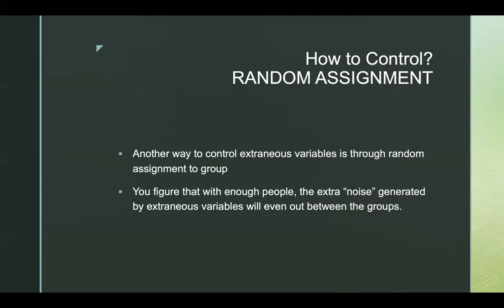You can also use random assignment to control extraneous variables. So if you randomly assign people to a group, then the idea is you figure that whatever weirdness ends up in one group will probably also end up in the other group. So there's two ways this works. You can figure, okay, so